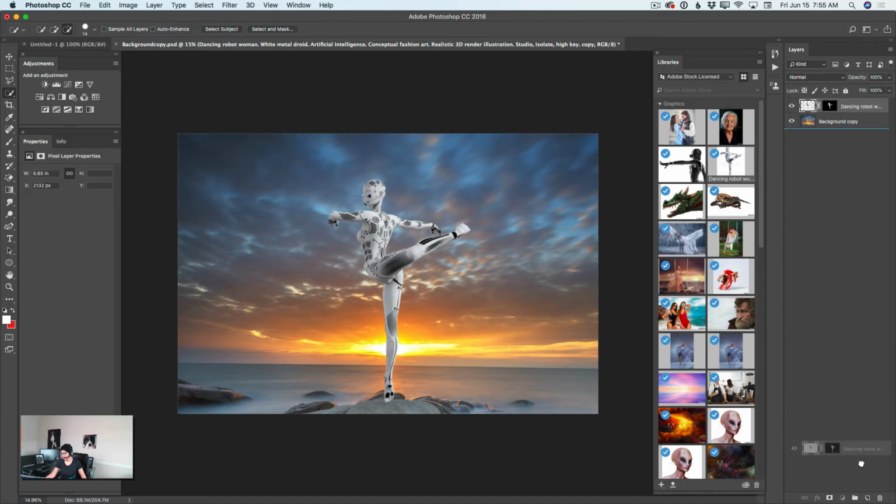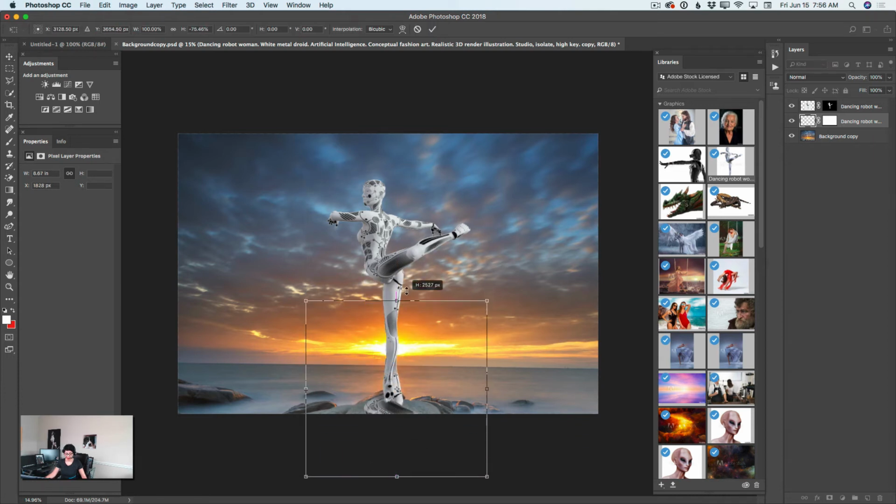I will duplicate this layer. Now I have two dancer layers. I will highlight my first dancer layer, select my move tool, and flip my layer just like that. What I'm doing right now is creating my shadow. Because the sunrise is in front of my dancer, the shadow is supposed to be behind my